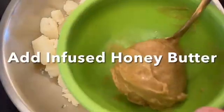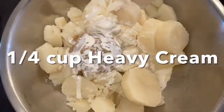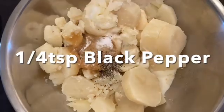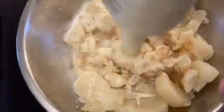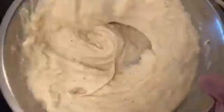Now you see our potatoes after they've been strained off and put in a bowl. We're adding our infused honey butter. After that, we're going to add 1/4 cup of heavy cream, 1/2 teaspoon of salt, and 1/4 teaspoon of black pepper. Very simple, easy recipe. We're going to blend this real well and mix it up. Now what we got after we finished was 6 portions of honey butter infused mashed potatoes at approximately 31.6 milligrams